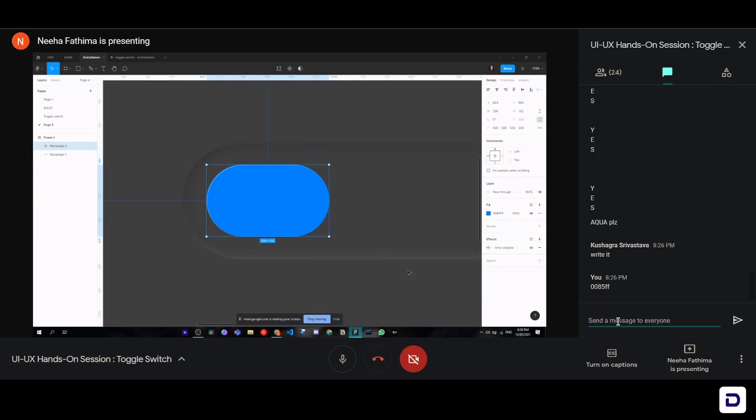So now we will add a little bit of dark shadow, since it's the same thing that we used in the beginning effect on the rectangle. What we did was add a dark effect on two sides of the rectangle and a light effect on the other two sides of the rectangle. So now what we'll do is, we've added a little bit of light effect on the top and left corner.